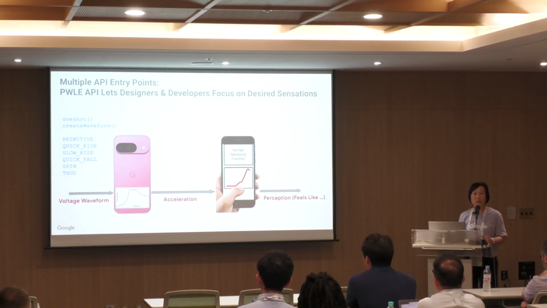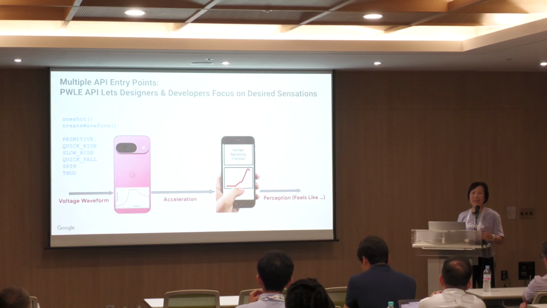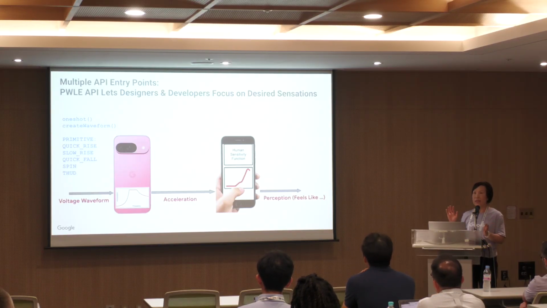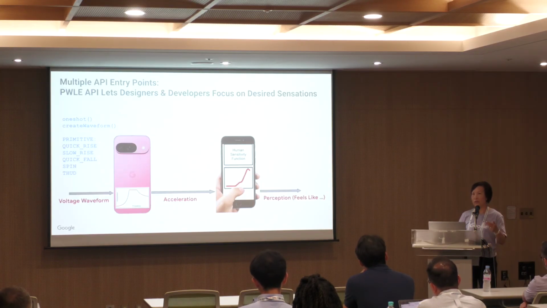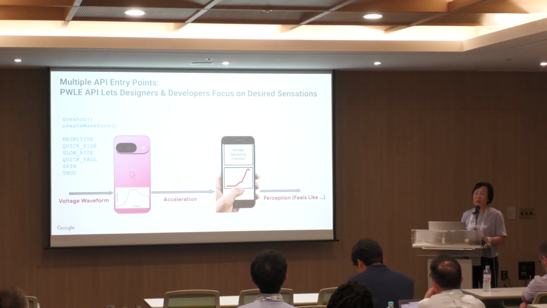And the create waveform API allows you to also specify how strong the vibration can be. So this is on a scale of 0 to 255, 255 being the strongest. So you can give it two numbers. One is for how strong you want it to be, so 255, and then another number is for duration. So you can say 255 for 100 milliseconds, then 0 for 100 milliseconds, back to 255 for 100 milliseconds. So the motor will be turned on full, and then it'll rest for another 100 milliseconds, and on and off, right? So that's how you specify a pattern, but you can also use values below 255 to modulate how strong the